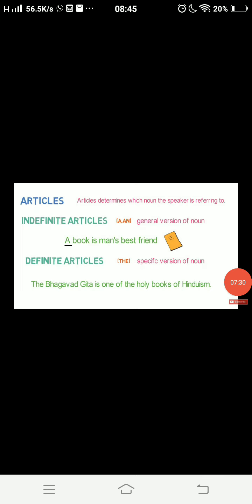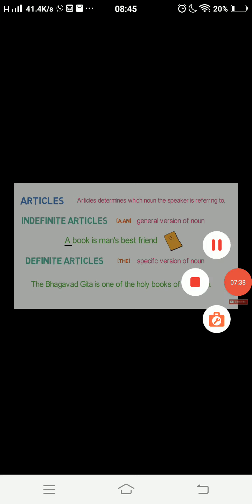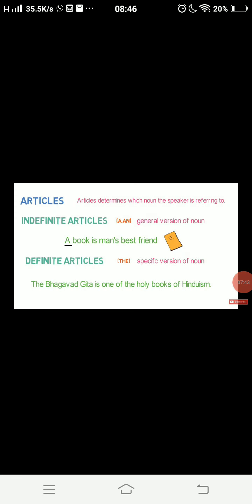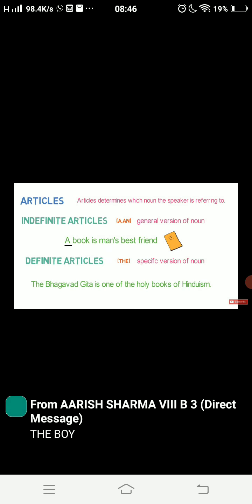If you have listened to the explanation of a teacher, you have picked the important points and written them in your books. Indefinite means a and an. Not particular. And the is definite. It means particular. Simple. So I'm going to tell you one more example. This is the boy whom I saw in the bazaar yesterday. So the will come in front of a noun, boy.